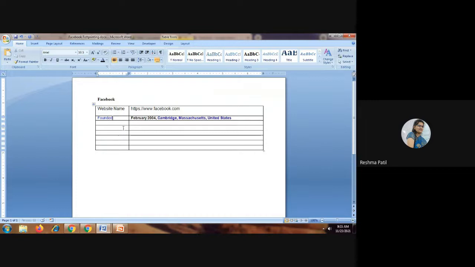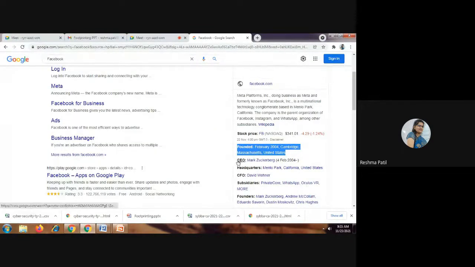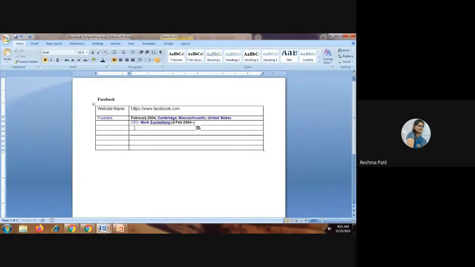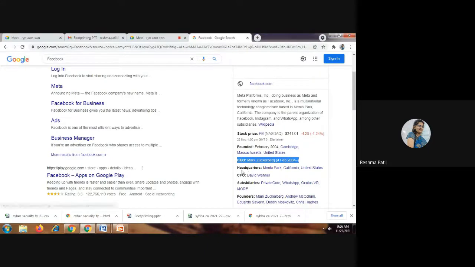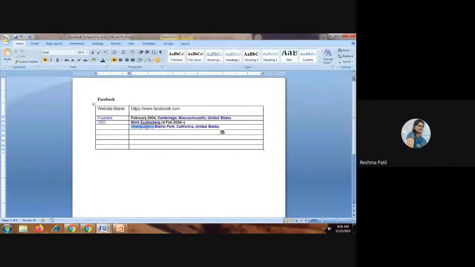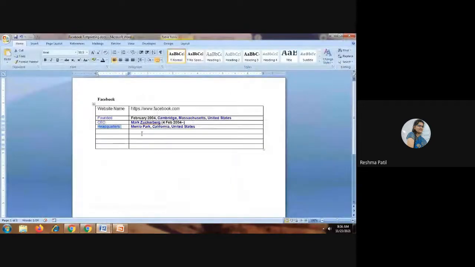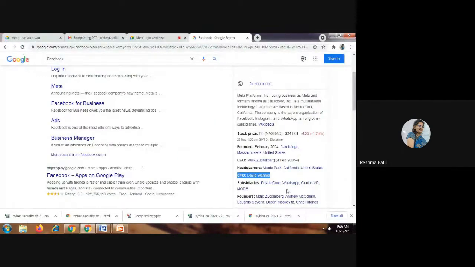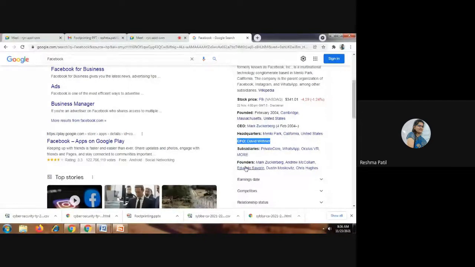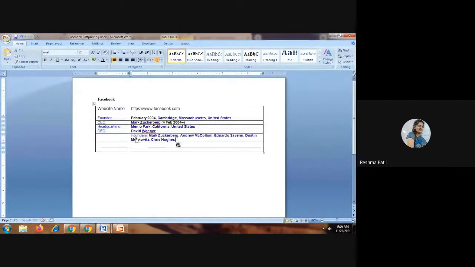This is the information about Facebook I am getting here: who is the CEO, where is the headquarters, then the CFO, subsidiaries, and founders. Whichever information you feel is essential, you can mention that.